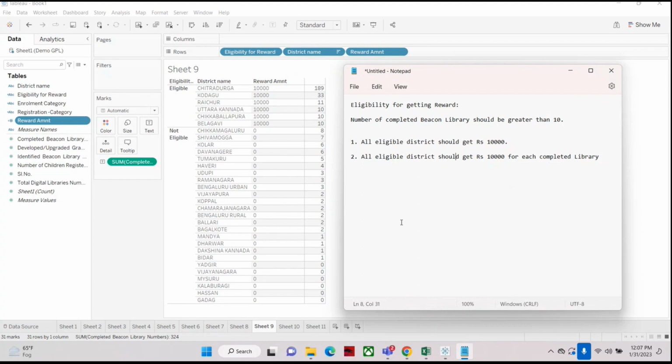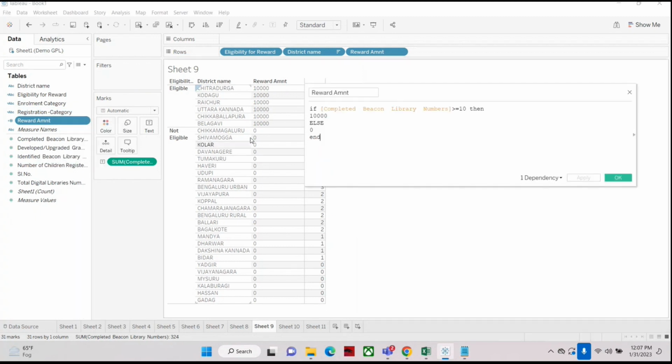Okay, some WhatsApp messages are also coming. Now the condition is equal to 10 and greater than 10. Equal to or greater than 10. Okay, let me do